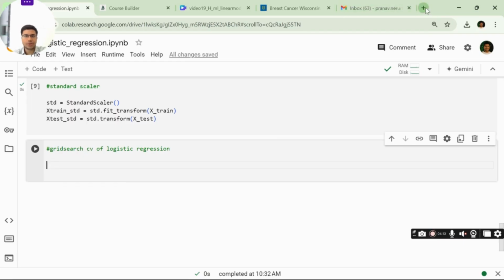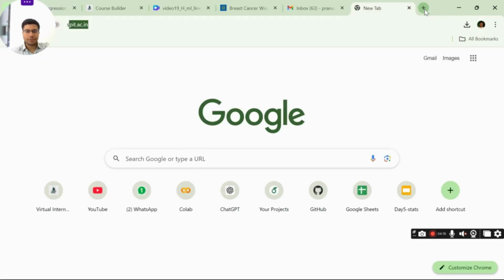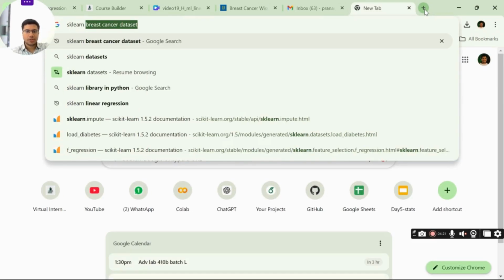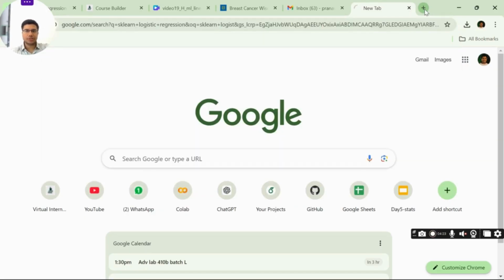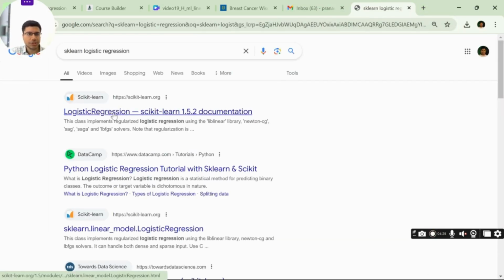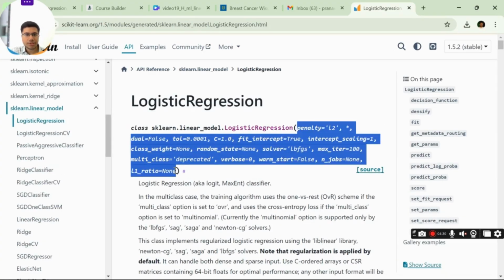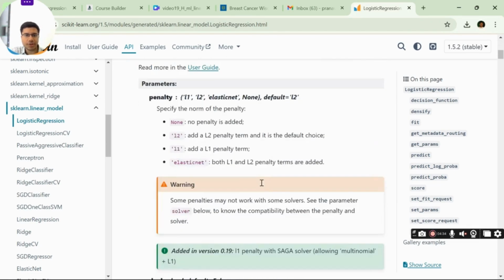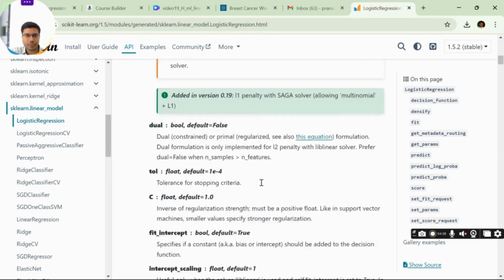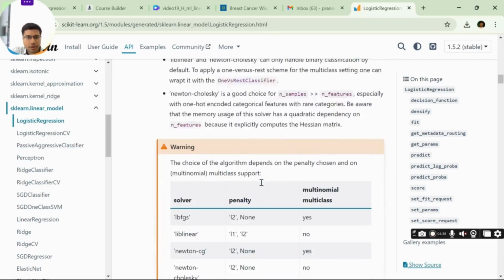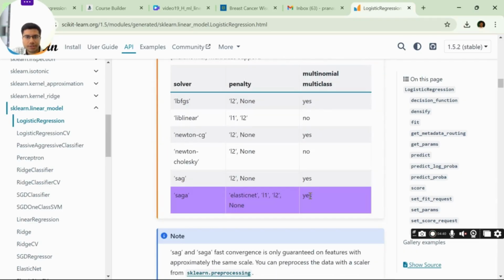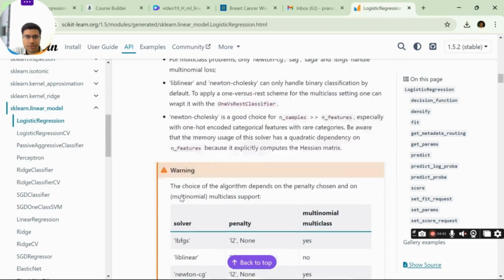First find out the parameters of logistic regression in sklearn. So we have so many parameters here. That means the grid search will take a very long time. Here you can see so many parameters.